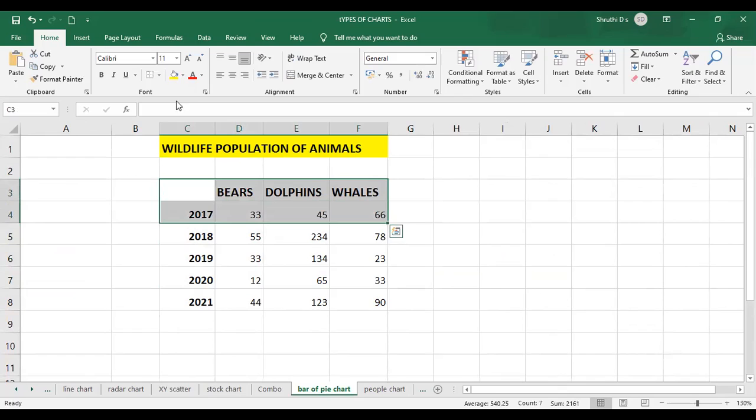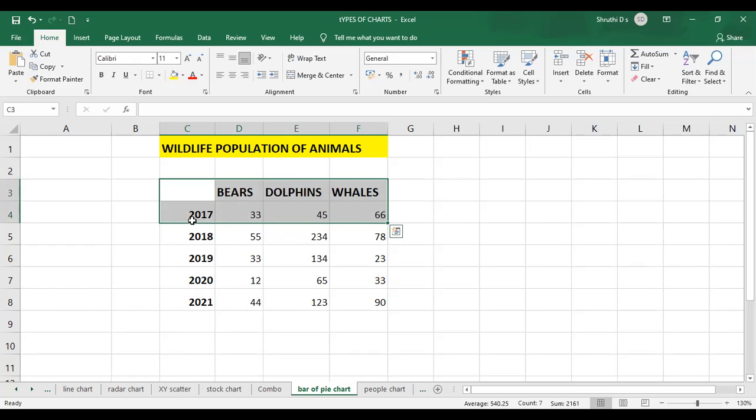The bar or pie chart will represent only one row of data. It is suitable when you want to represent only one row in a chart. I just want to see the population of different animals in 2017 only.